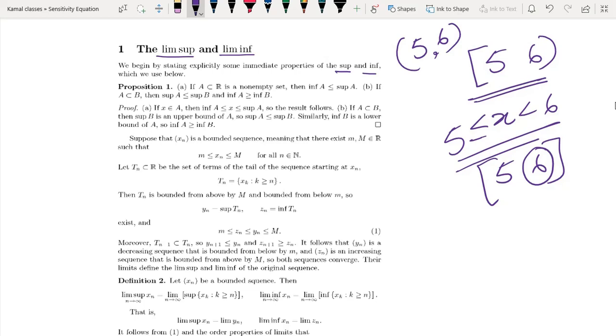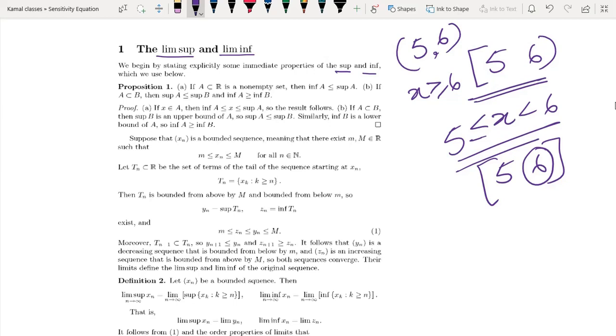One more thing: sometimes you might see greatest lower bound or least upper bound, that kind of terminology is also written. Suppose I write x greater than equal to 6. So if x is greater than equal to 6, then it is equivalently also greater than equal to 5, greater than equal to 4, greater than equal to 2.